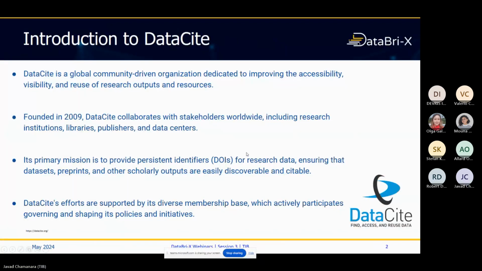DataCite basically is an organization and a tool, or let's say an ecosystem of tools. As an organization, DataCite is a global community-driven organization that wants to improve visibility and accessibility of data. Like, for example, you have DOIs for papers and so on. They want to do it for research outcomes like data sets, and also research inputs like the source of data that you need for your research. In some cases, it can also be used for applying DOIs on the processes, so that you can maintain whatever you do for your